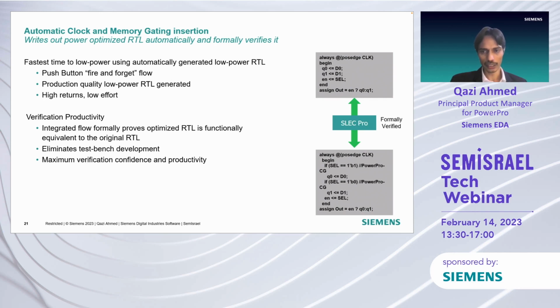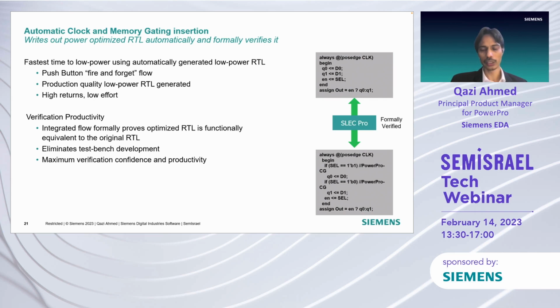With that inserted, it will keep and maintain all the indentation, and then it adds this extra PowerPro CG comment, so that you know that this is inserted by PowerPro. So it will maintain your original RTL as is. It will maintain its indentation. It's easy to figure out where PowerPro did something, which increases your verification productivity because this is